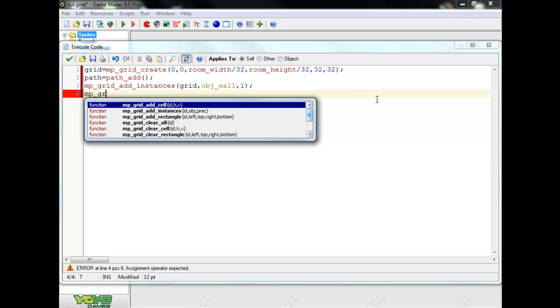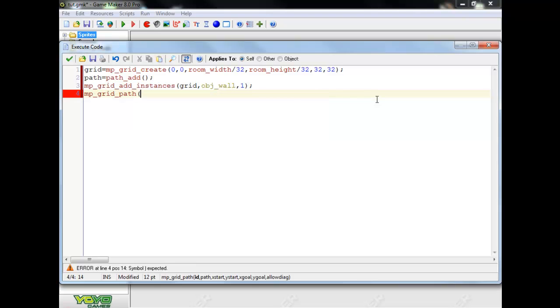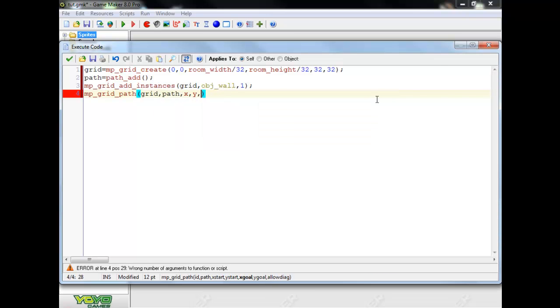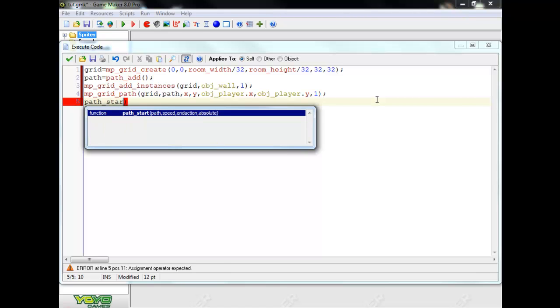So mp_grid_path from, we want to choose grid, then we want to choose path, and we'll start at our x and y, and we'll end at object_player x and object_player y, and yes, for something. Now let's start the path. So path_start, whoops, path_start,